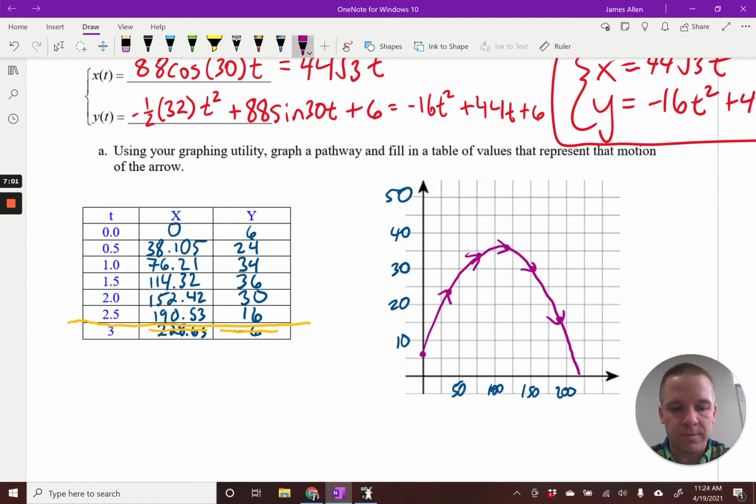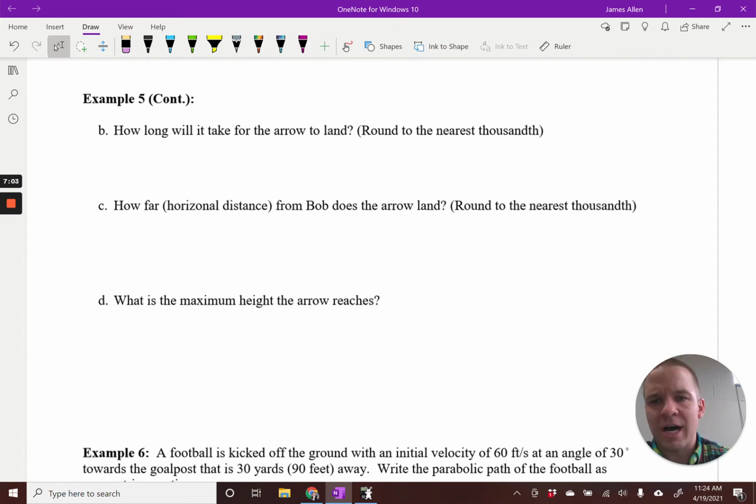Now let's answer some questions. First question is, how long will it take the arrow to land to the nearest thousandth? That's 3 decimal places for those of you that did not remember that. So what does it mean when the arrow is going to land? Well, that would mean that it is a height of 0, right? So if I take that y function that models my height, set that equal to 0, we'll be good to go. So I'd have 0 equals negative 16t squared